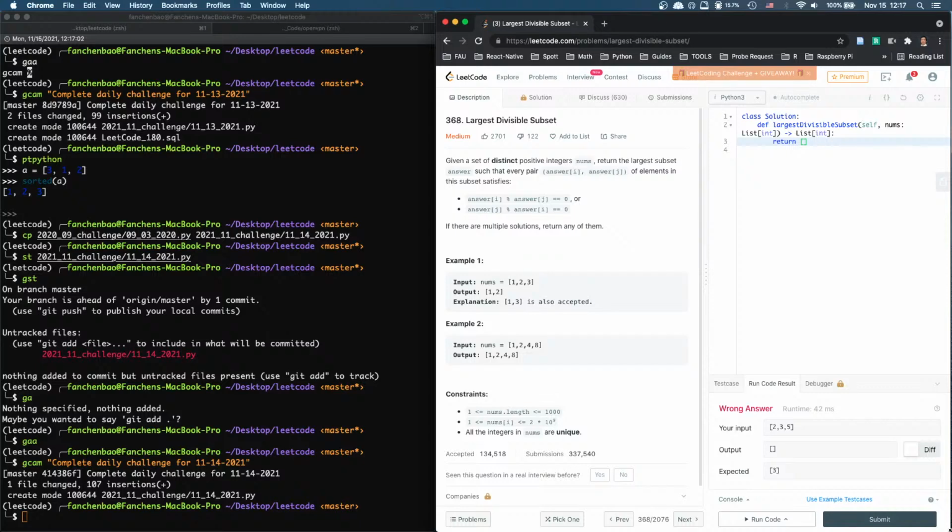If I have 3 values, so I have 2 values, that's still trivial. We just need to check if they're divisible. So for the second value, we need to check if the first is divisible by the second or the second divisible by the first. And then if it's not, then